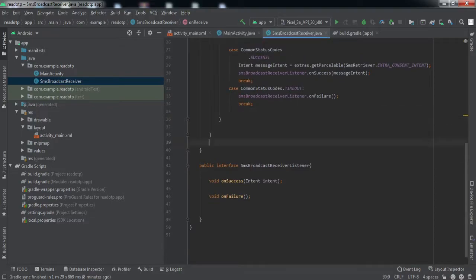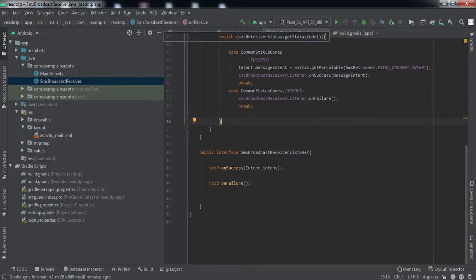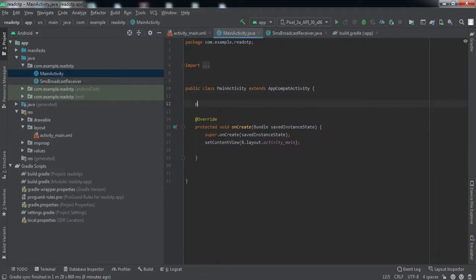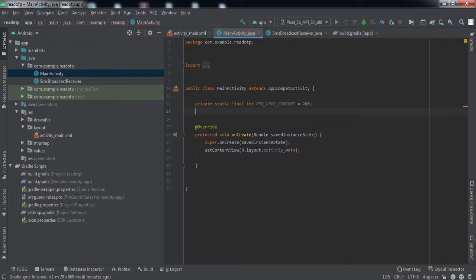Now we're gonna implement this inside our main activity. So let us go to the main activity. First we'll declare private static final int request user consent. So we'll use this code for making a request.